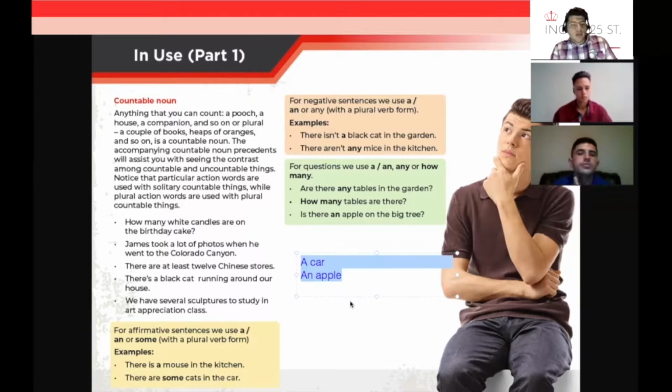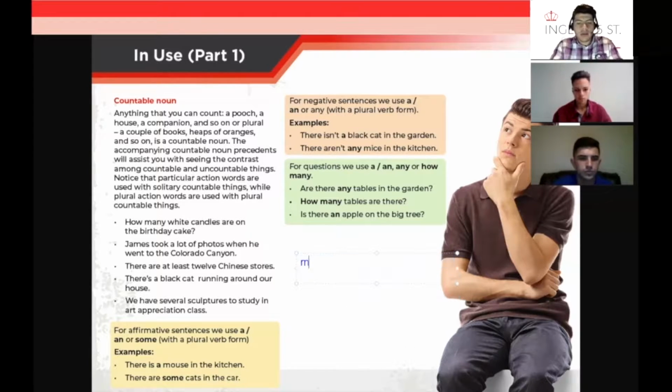One. So, there is a mouse in the kitchen. Obviamente, mouse es un countable word, que aunque tiene un plural irregular, porque el plural de mouse es mice, aún así sí tiene una forma plural. Entonces, es un countable. Y decimos, there is a mouse in the kitchen, to say that there is only one mouse in the kitchen.